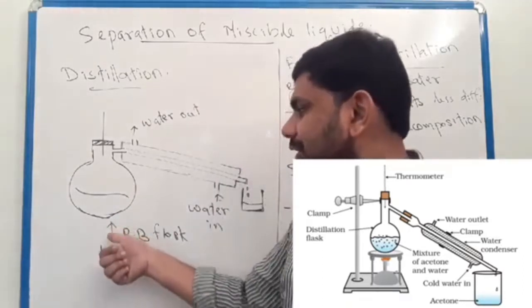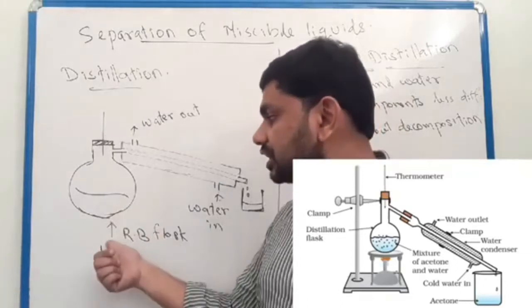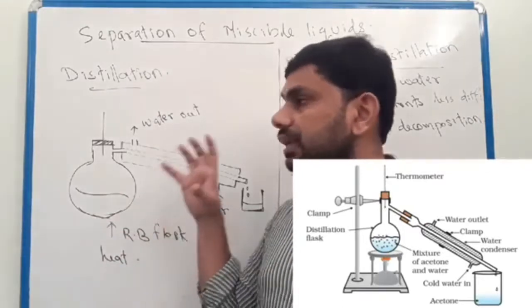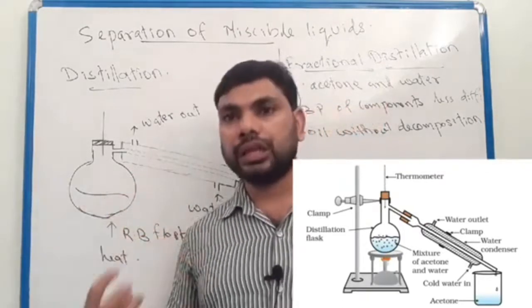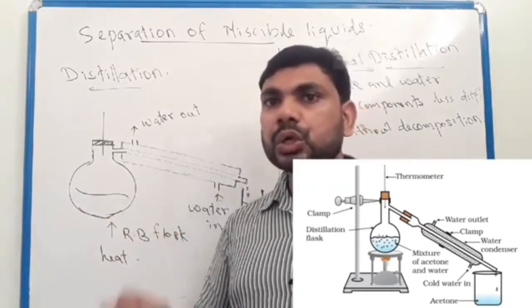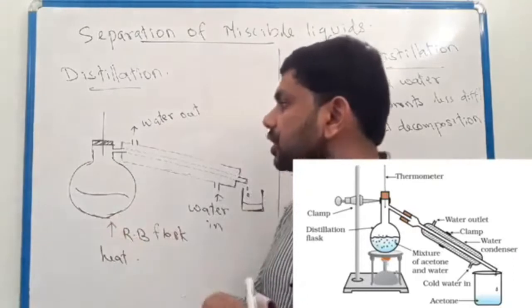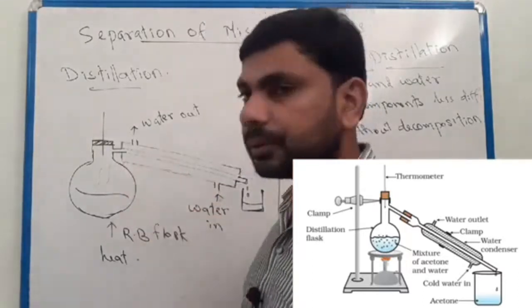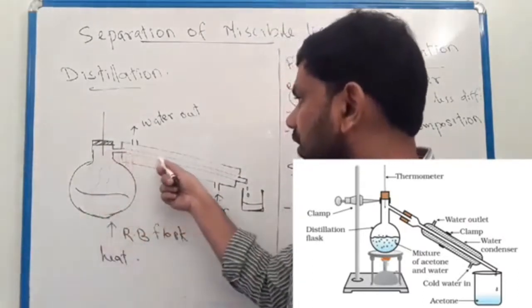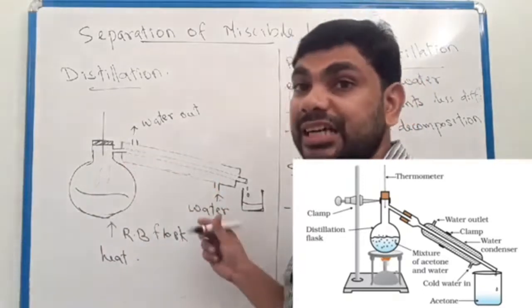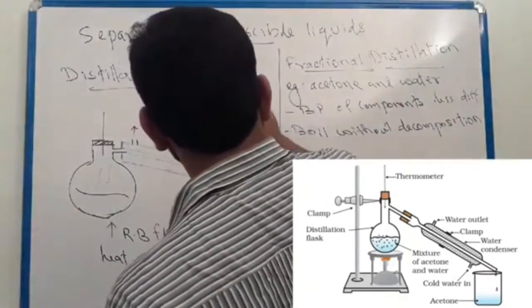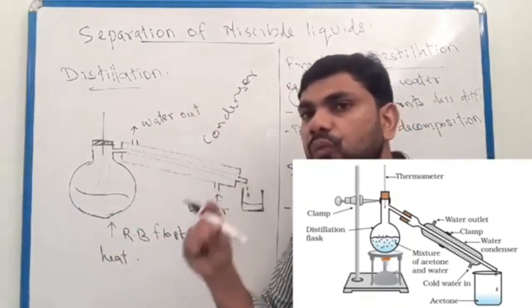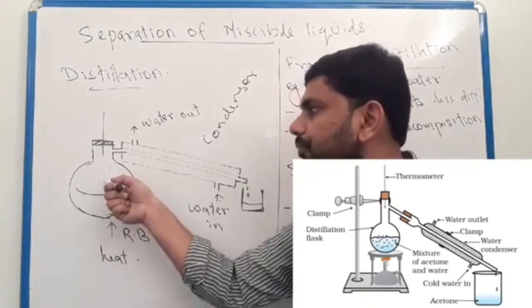We will heat the mixture here. After heating the mixture, with two or more components, the component with a low boiling point will change to vapor. And this vapor will come over here. This apparatus is called the condenser. So after heating, the component with a lower boiling point changes to vapor, and this vapor